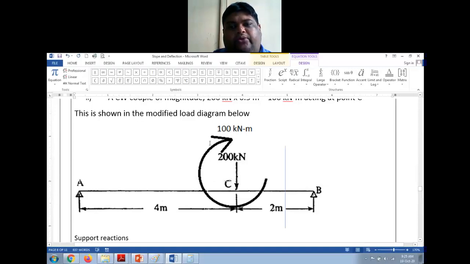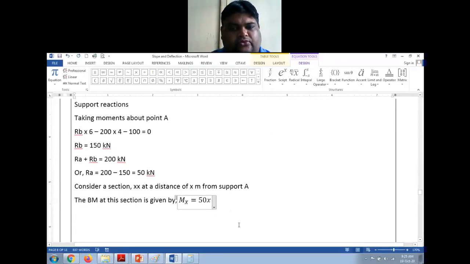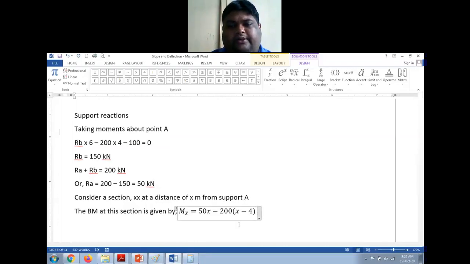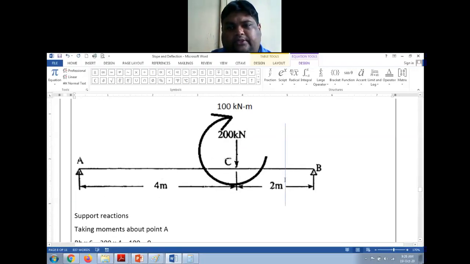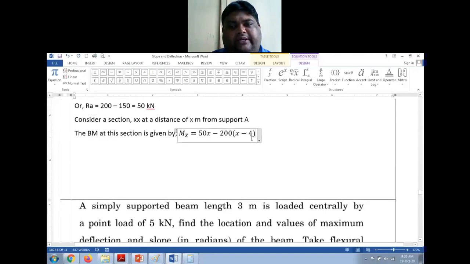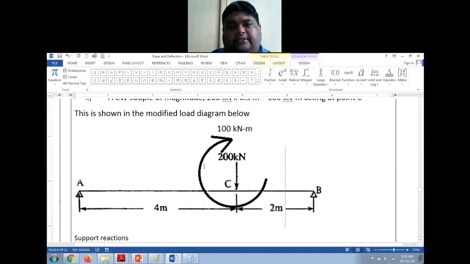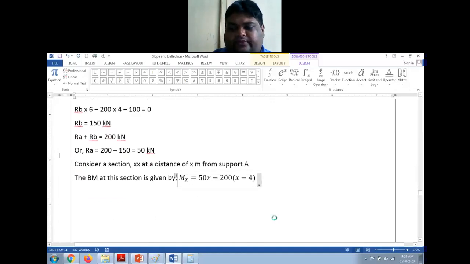Yeah, 100 kilonewton meter, that will be positive, but 200 kilonewton into x minus 4, that will be negative. So 50x minus 200 into x minus 4, correct? This is 200. This distance from C to X is AX minus AC. AX is X meter and AC is 4. That's why I've taken X minus 4. And this will be positive. So plus,